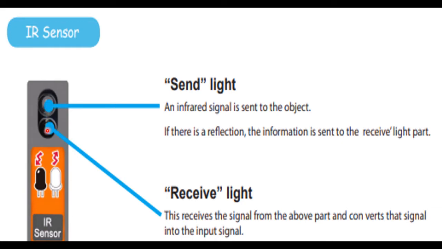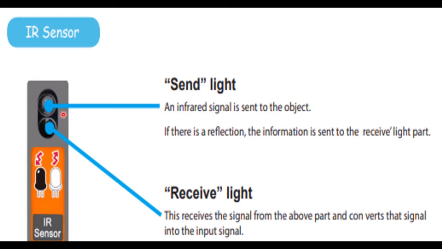The white one sends the light and the black one receives the light, because white color reflects the light and black color has better characteristics to absorb the light. In that way we have given it the white and black colors.